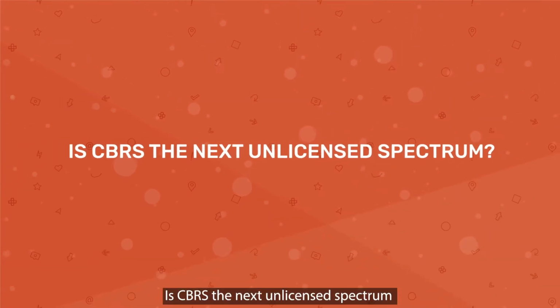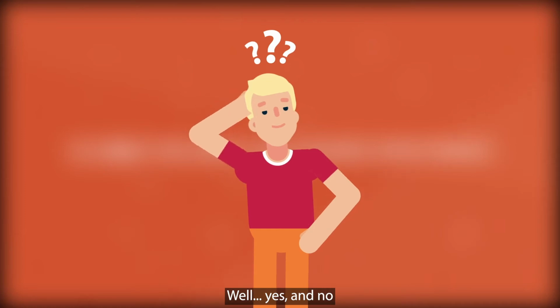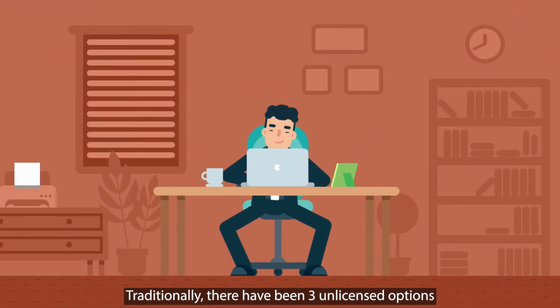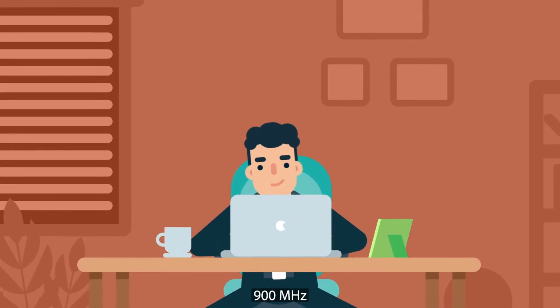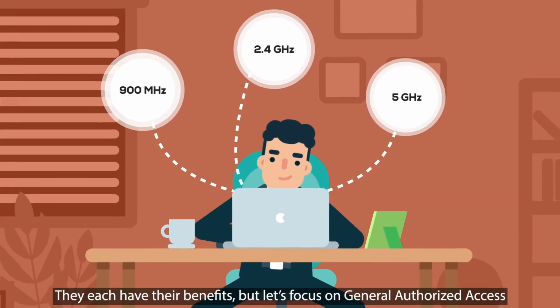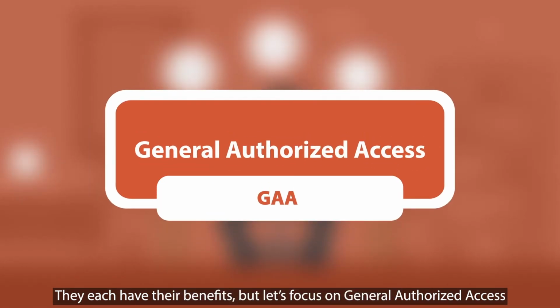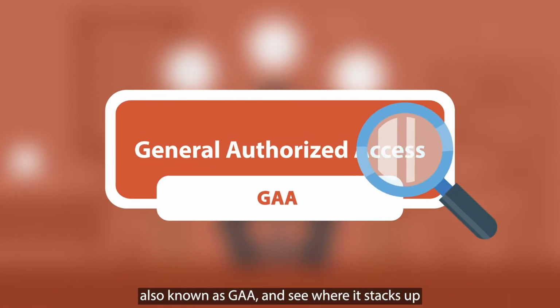Is CBRS the next unlicensed spectrum? Well, yes and no. Traditionally, there have been three unlicensed options: 900 MHz, 2.4 GHz, and 5 GHz. They each have their benefits, but let's focus on General Authorized Access, also known as GAA, and see where it